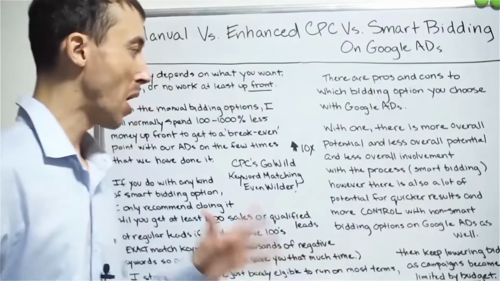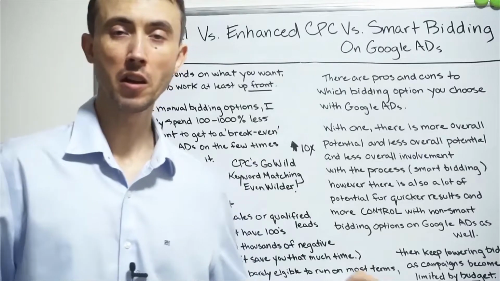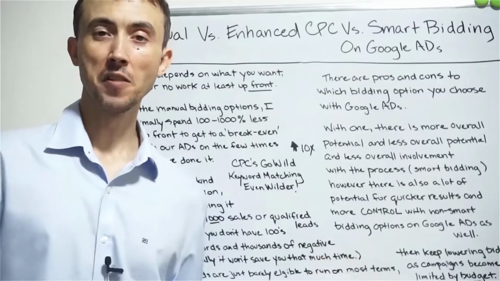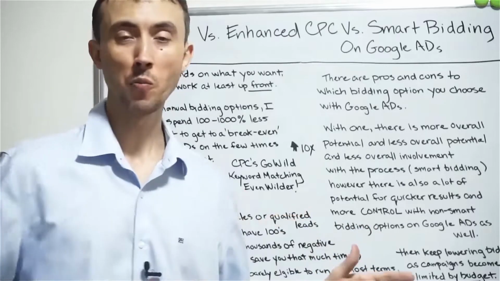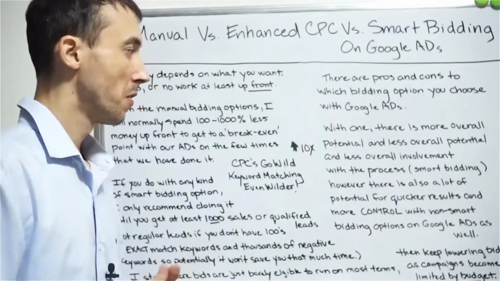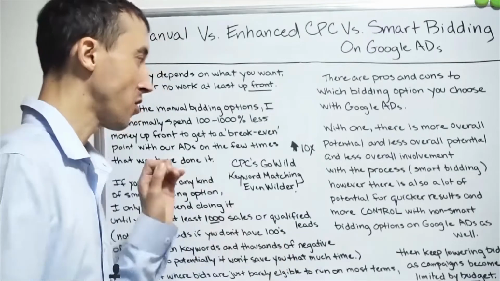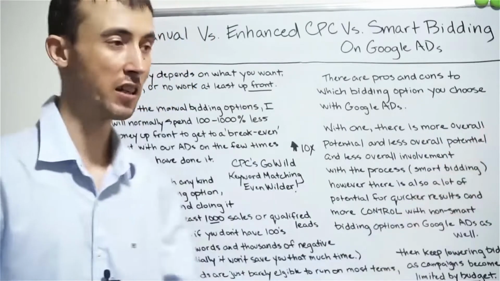So anyway, I'll wrap it up with that. I think I went through most of the main stuff that you need to know here that I can possibly think of to help you get the results faster. Gave you the best of both worlds option with the enhanced CPC. You can also use smart bidding to your advantage once you get at least 1,000 sales or 1,000 qualified leads,